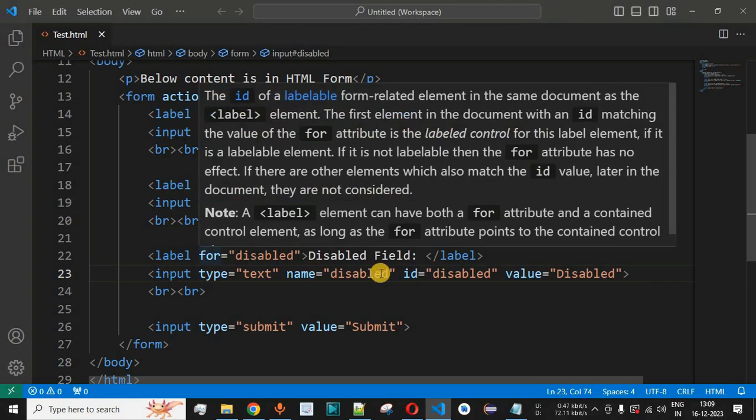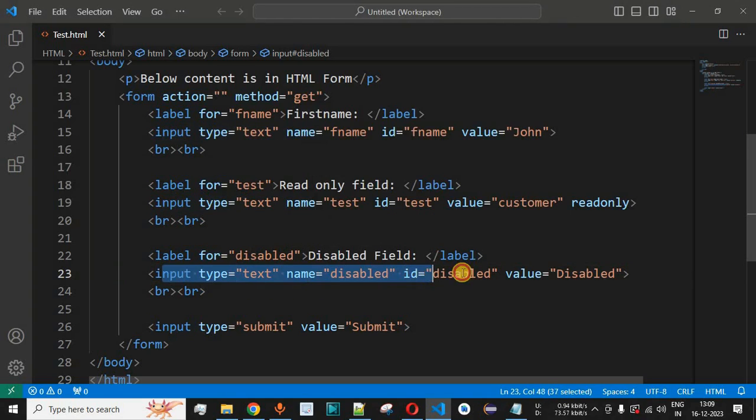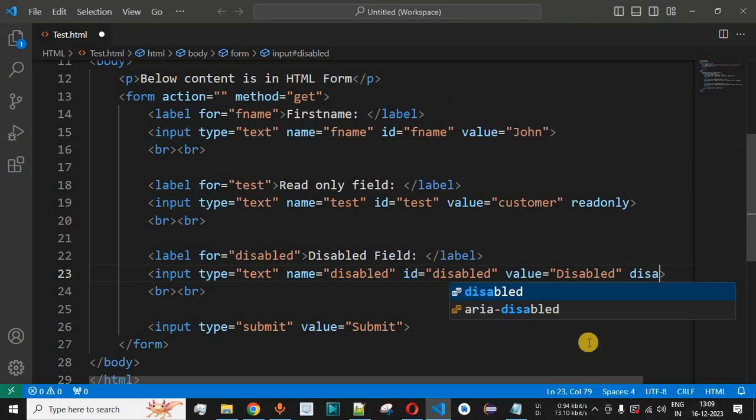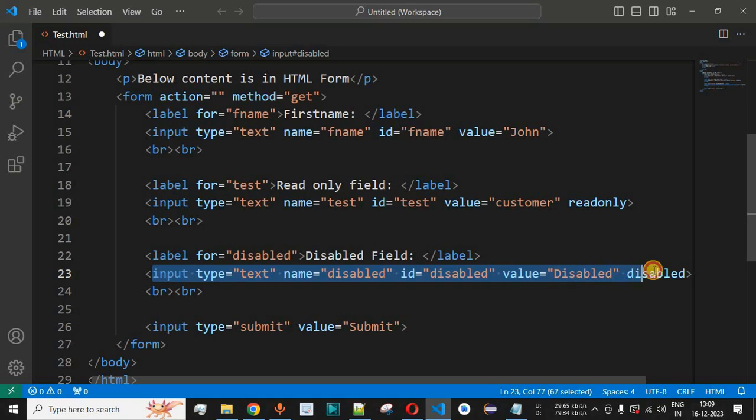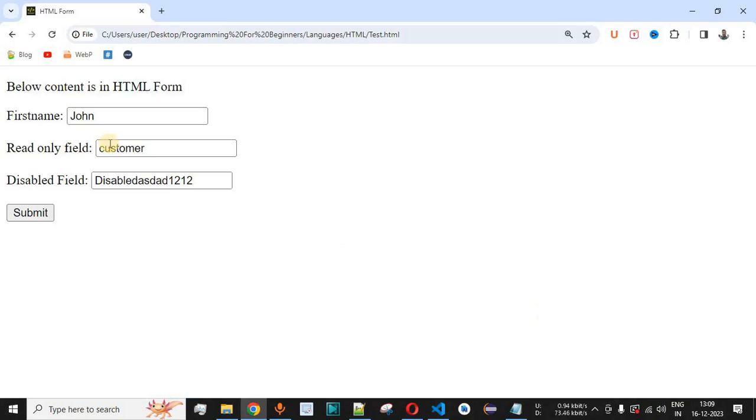So what we have to do is, in order to make this input field disabled, simply we have to come to the end and type the disabled keyword. So as you can see, this is the keyword disabled being suggested by VS Code over here, in order to make this input field disabled so that the user is not able to modify it, and neither will he or she be able to send the value to the server after submitting the form. So let me just save this file now and try reloading this page once again on the browser.